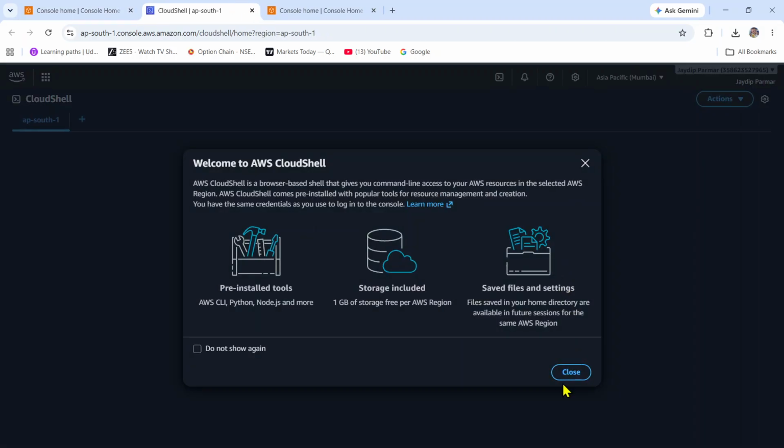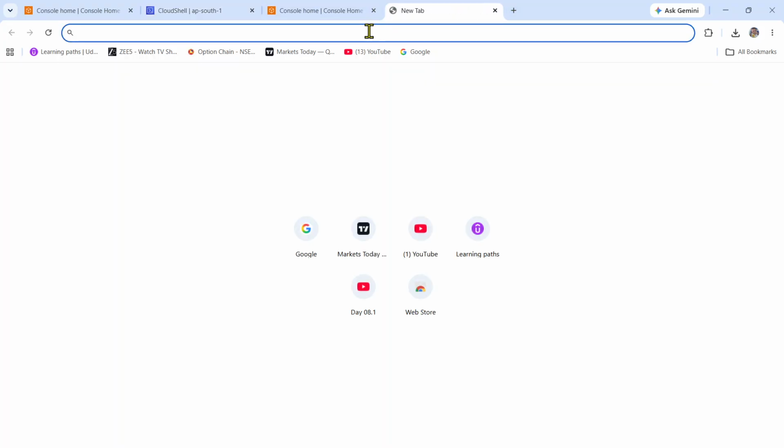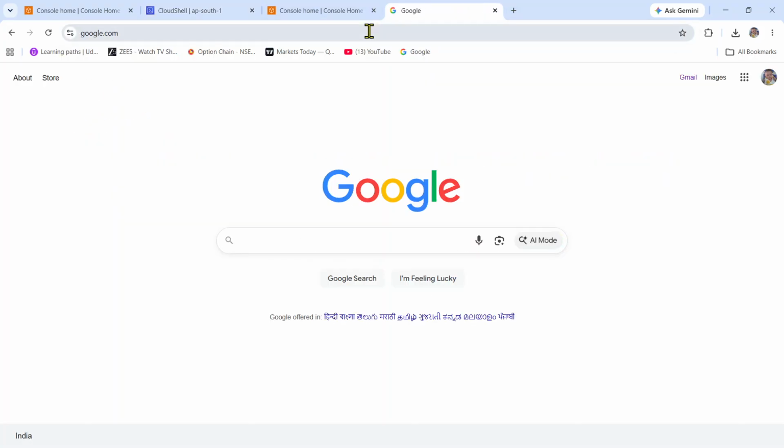I'll just open it in another window. You see it's opening. Now here you see this is in AP South, which is my region. This Cloud Shell is not available in all the regions, so just make sure it's available. First you validate if it is available. If yes, then you can use it. Let me show you how to validate that